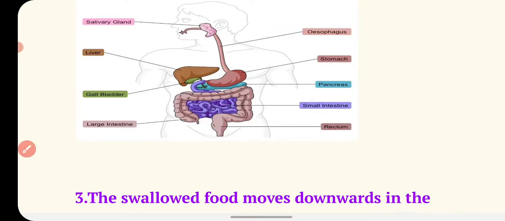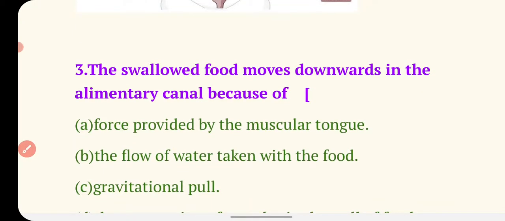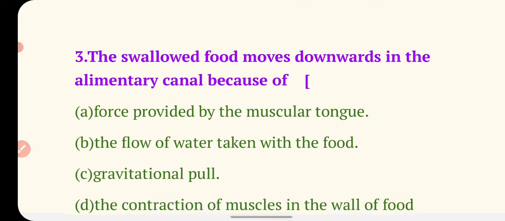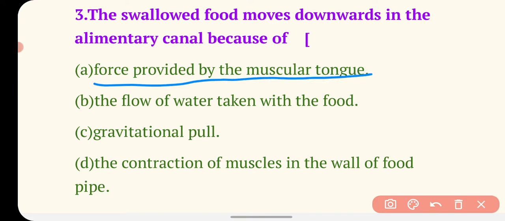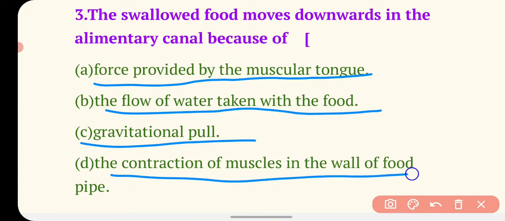So what is the force or anything that pushes the swallowed food downwards in the alimentary canal from the mouth? So here are the options: force provided by the muscular tongue, the flow of water taken with the food, gravitational pull, the contraction of muscles in the wall of the pipe. So as you know, the food